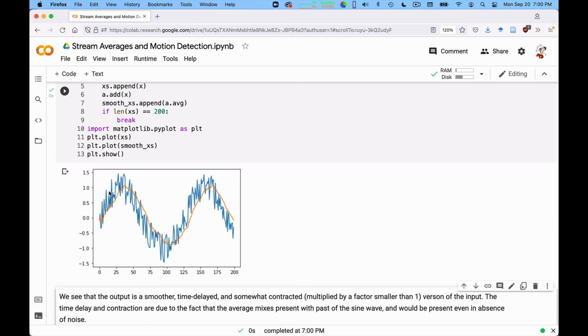Okay, so the blue data is the raw data and is a bit noisy. The discounted average cleans it up, essentially, right? Because it removes these short-term variations. Here we also have an incredibly interesting effect. Not only does the discounted average remove the noise, but it also introduces a small delay. You see, the original sinusoid had a maximum around here, and the smoothed one a bit later. And here the minimum of the raw data is here, and the smoothed one is there.